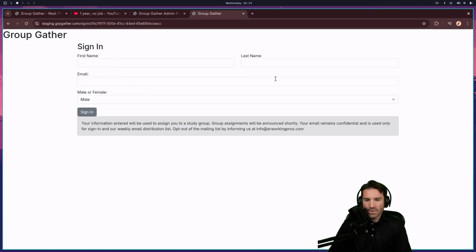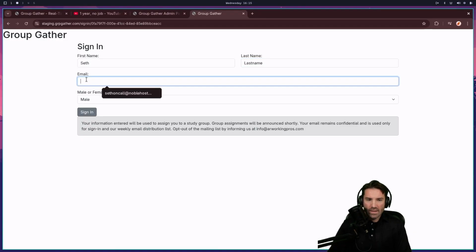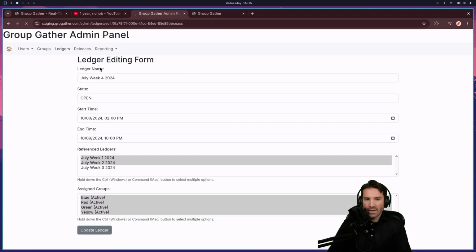So what I'm going to do now is put in some information here, and we'll just do, like, I don't know, last name. And then I can put in an email address of just, I don't know, spam. Okay, and then choosing male or female, and then hitting sign in. And I can show where this can be adjusted in the settings. And then as I click sign in, that is what's going to sign me into that particular ledger for this individual. And so by clicking this sign in, that's what prompts the information to show up in